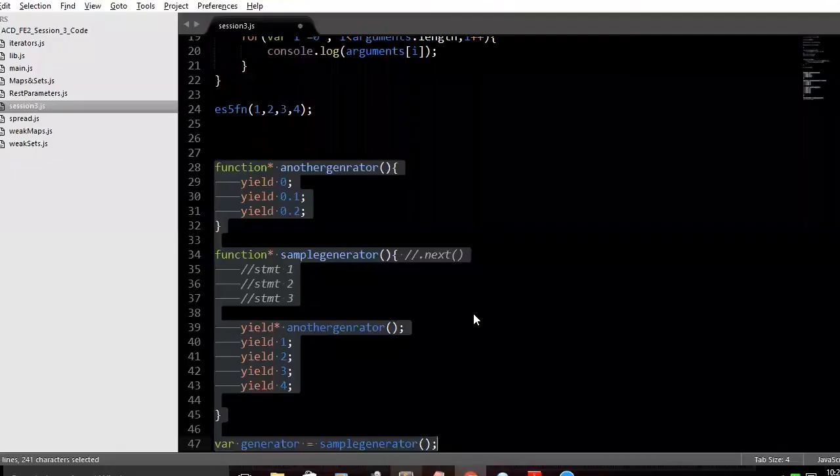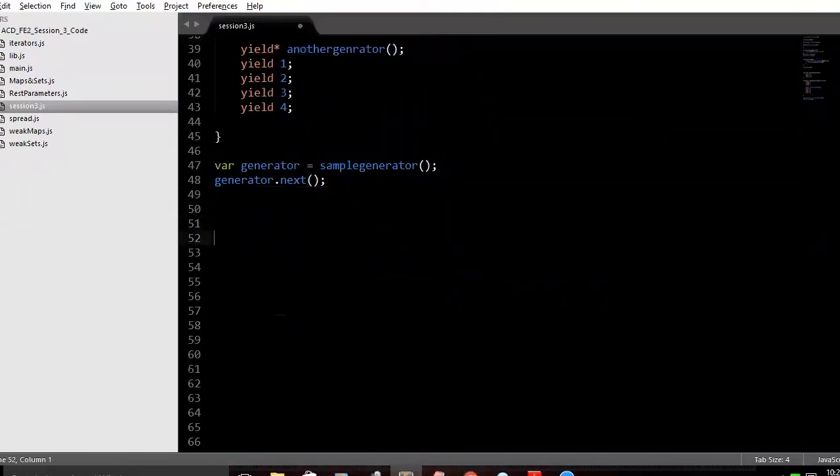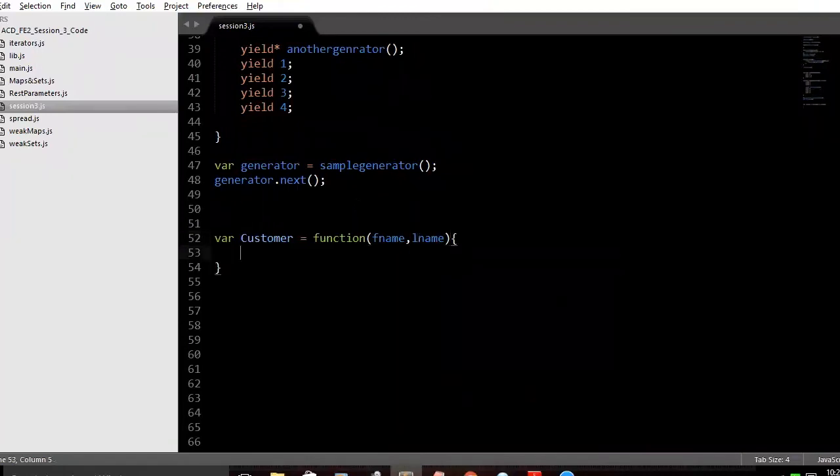So in normal JavaScript, if you have heard about object-oriented JavaScript, you can create a class like this. I think I already explained this in the last session. I don't remember whether I have covered it or not. Somewhere, some batch I have covered. I don't know if it was your batch, but just for your information,